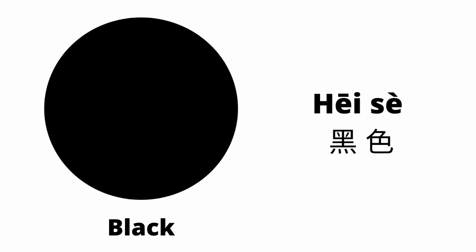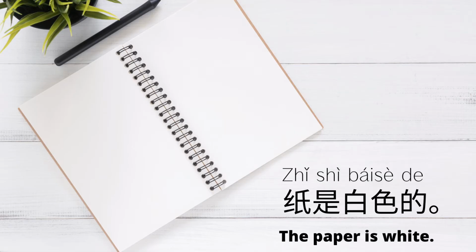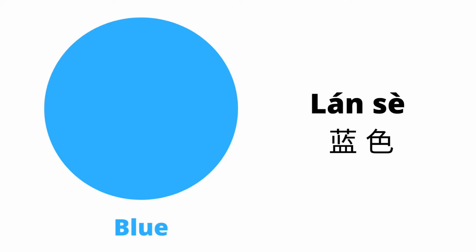Let's start with my favorite color, 黑色。这支笔是黑色的。The color white in Chinese is 白色, second tone. 纸是白色的。Next one we have blue, 蓝色。